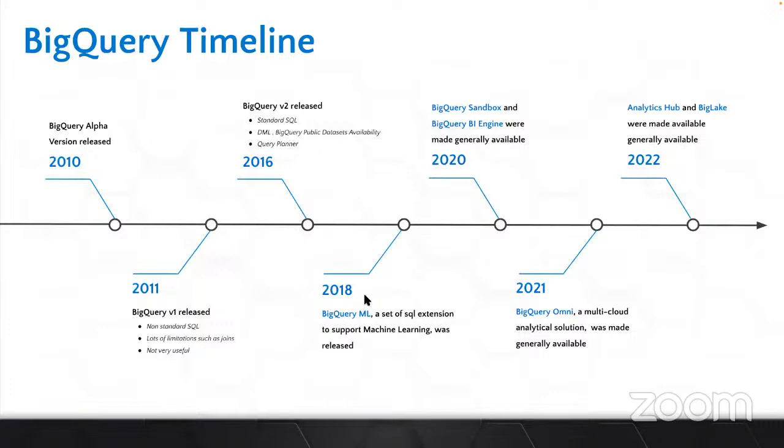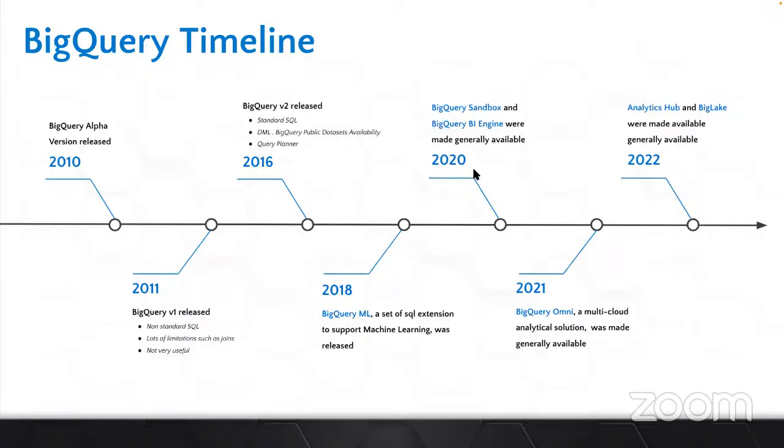In 2018, BigQuery introduced BigQuery machine learning. And this is another game changer, because till now we were analyzing historical data with BigQuery, but now you can also make predictions through BigQuery ML. So this is another important area.